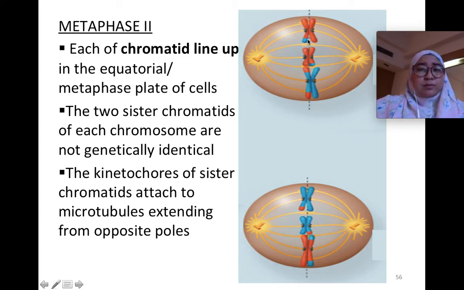So kalau you perasan dah ada different genetic material kat sini. Dia dah mengalami crossing over lah, exchange of the genetic material. And the two sister chromatids which we dah bahagikan kat tengah macam ni, two sister chromatids of each chromosome are not genetically identical. Then the kinetochores of sister chromatids attach to microtubules extending from opposite poles. So kinetochores will attach to the microtubules and the microtubules will pull apart the sister chromatids to the opposite